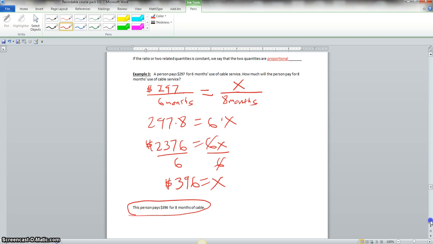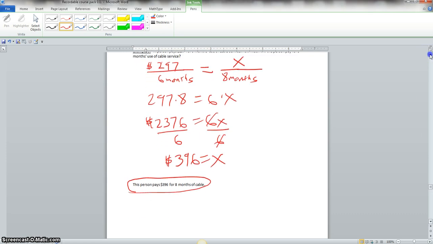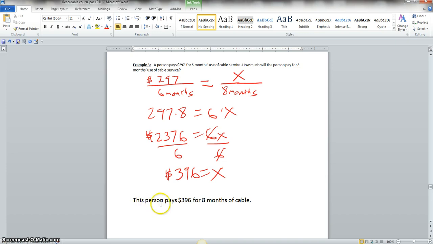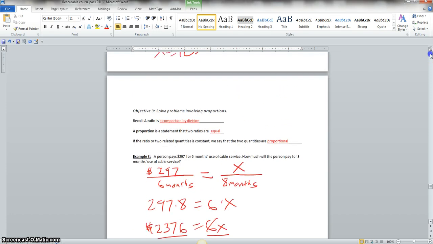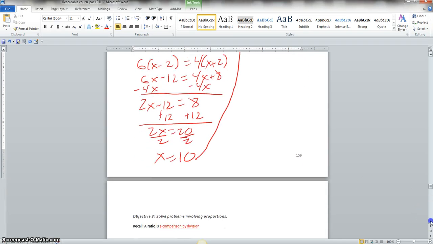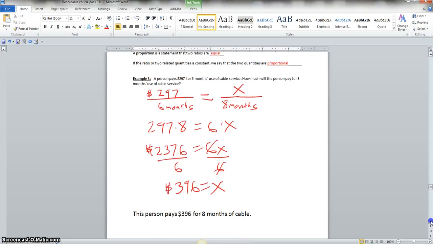Okay, now, as a matter of fact, let me change this. I want to make sure. Okay, class, just in case you were not able to see this previously, I enlarged this answer: this person pays $396 for 8 months of cable. Now what I want to do, I want to scroll back up here to the previous objective, and I'll put this in bold to make it a little easier for you to see. Now, we're going to scroll back down here,